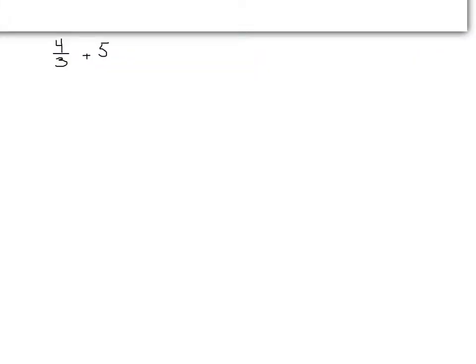To add a fraction to a whole number, you change the whole number to a fraction, and now you have two fractions, and when you're adding fractions, they must have the same denominator. The least common denominator in this case is 3. So the first fraction already has a 3 in the denominator. We have to make the second fraction have a 3 in the denominator, and we're going to do that by